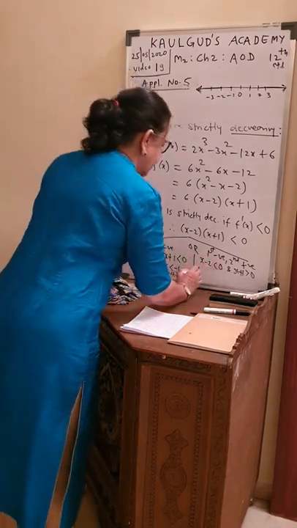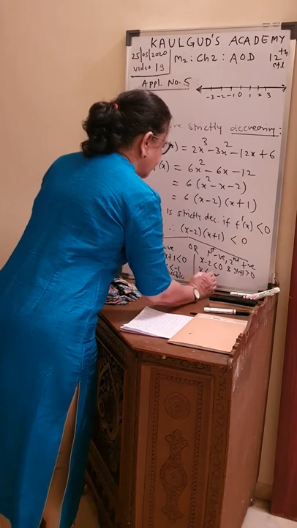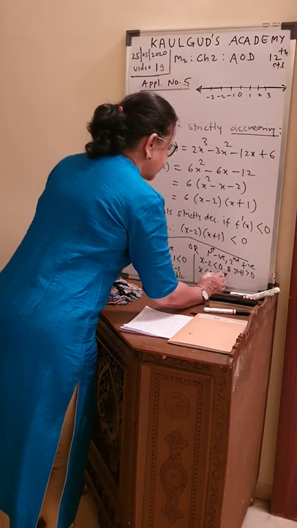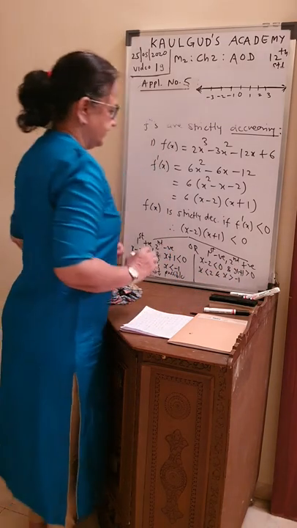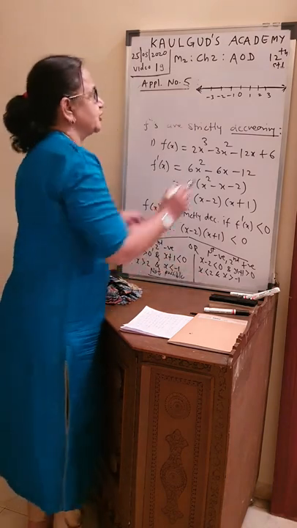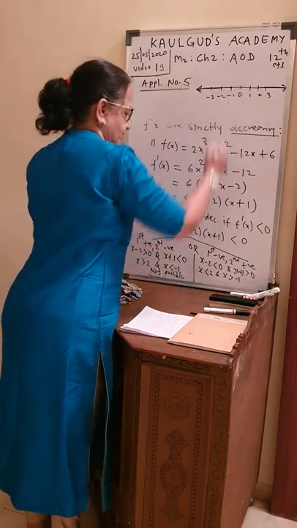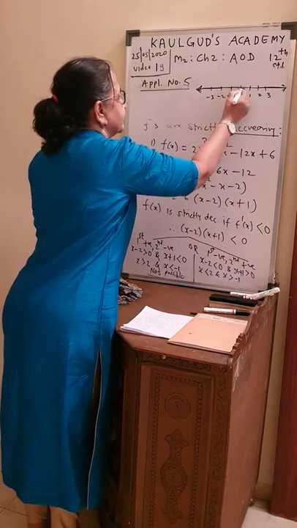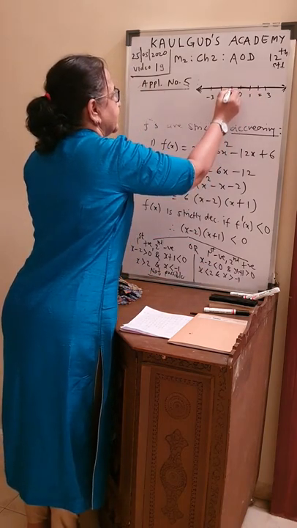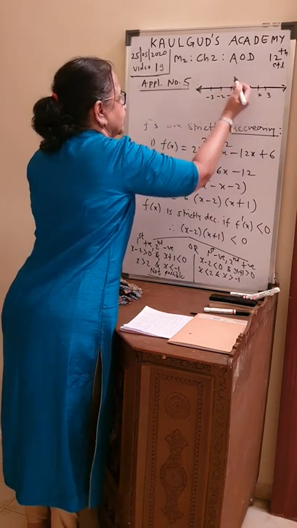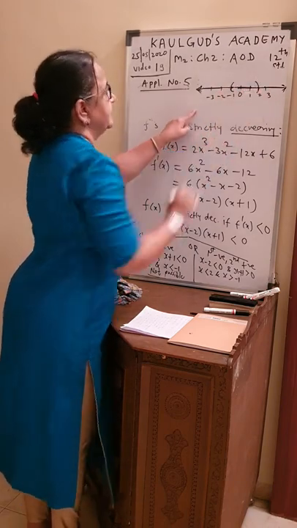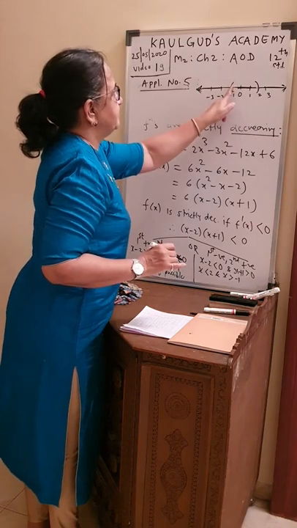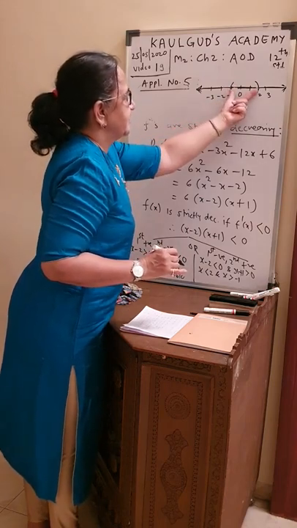Let us see second. Here 2 goes on that side. X is less than 2 and 1 goes on that side. X is greater than minus 1. Check here, how is x smaller than 2? So it should be less than 2, at the same time bigger than minus 1. So do you see? It should be greater than minus 1 but smaller than 2. So it should lie between this interval. Less than 2 but bigger than minus 1. So between minus 1 to 2.